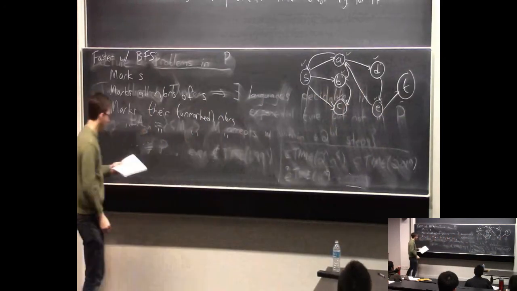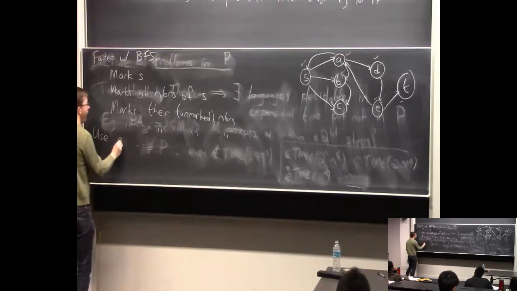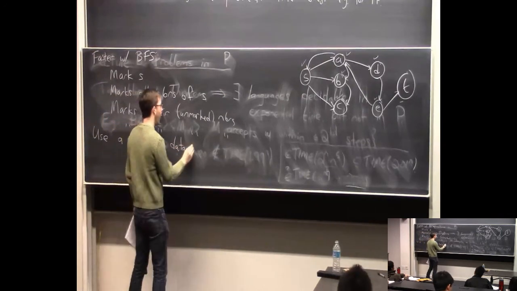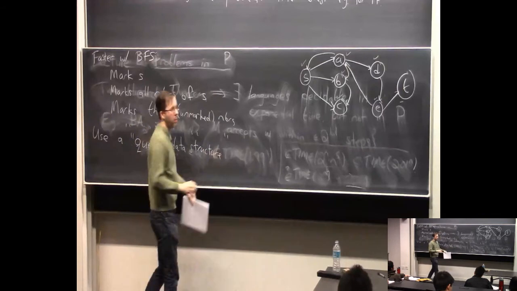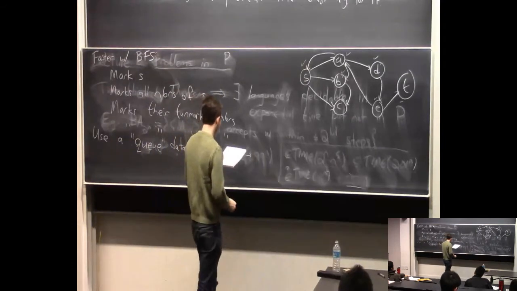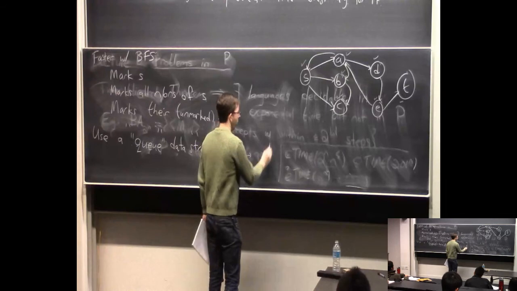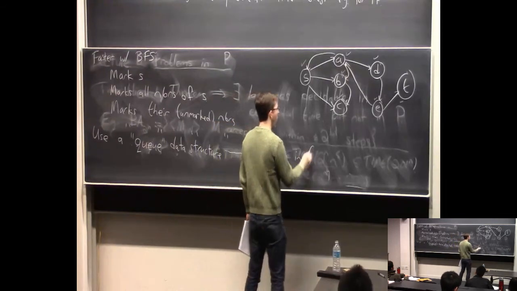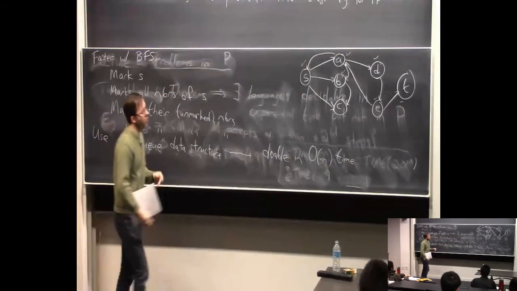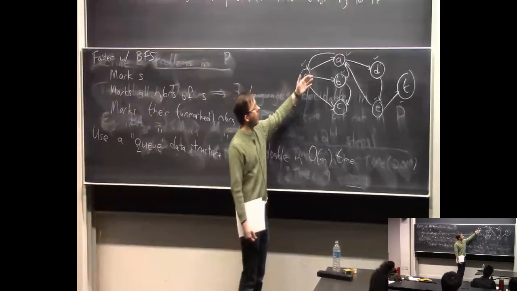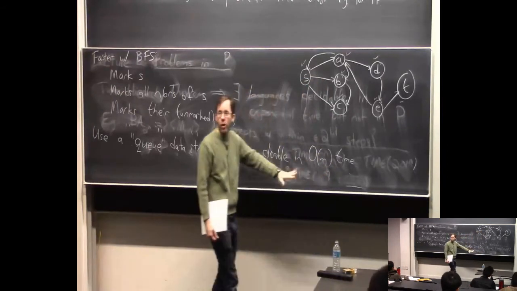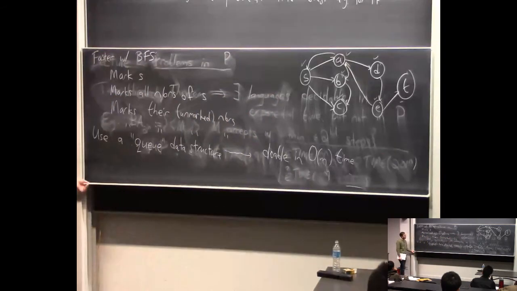Okay? In order to do this efficiently, you actually use a data structure called a queue, which is really just an array where you put things in on one side and take them out at the other side. And if you do this, then this is doable in order m time. Basically, somehow in this breadth-first search, starting from S, you really don't need to look at any particular edge more than one time. Okay, and so therefore, the overall running time, if you're a bit careful about how you organize things, is proportional to the number of edges. Okay, so I'll just remind you of that fact